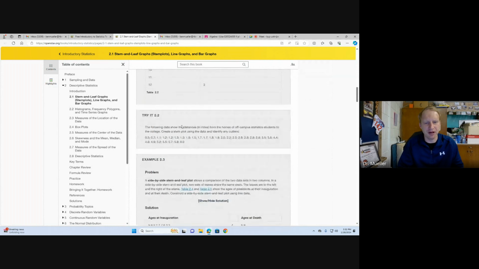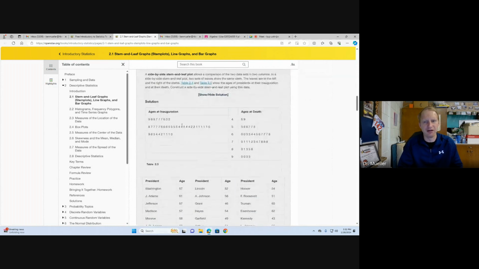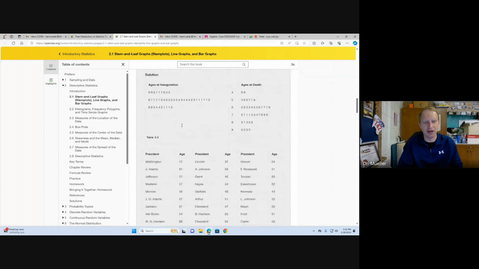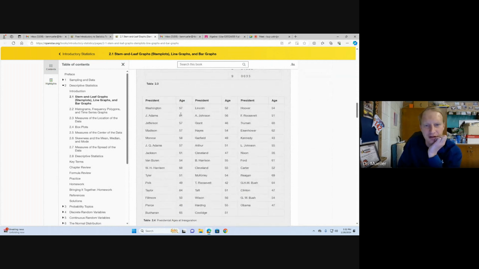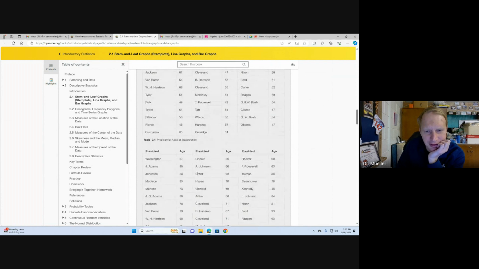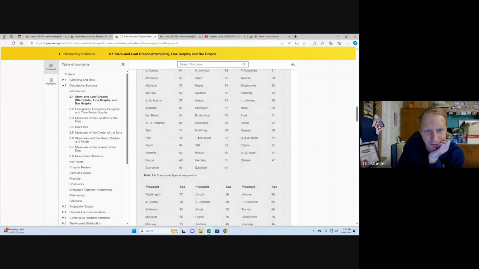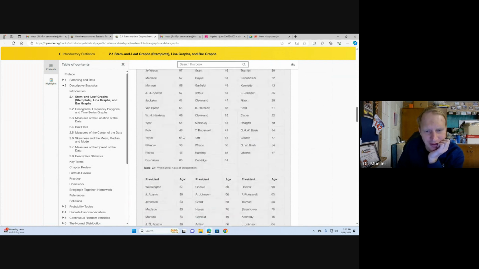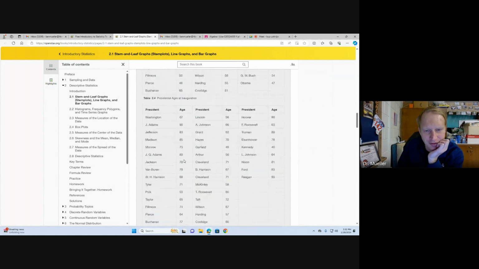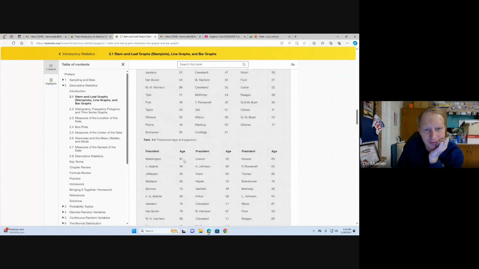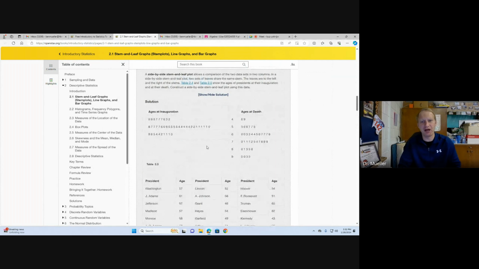Now, a back-to-back stem and leaf plot would be if you're wanting to compare two data sets. So here we have data on the president's age at inauguration, and then this is going to be their age at death on the bottom. So we can see Washington was inaugurated at age 57, died at age 67. So if we want to do a back-to-back stem and leaf plot, we would put the tens digit in the middle, and then the left side would be age at inauguration,